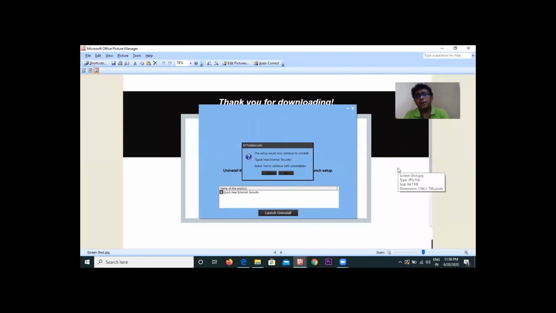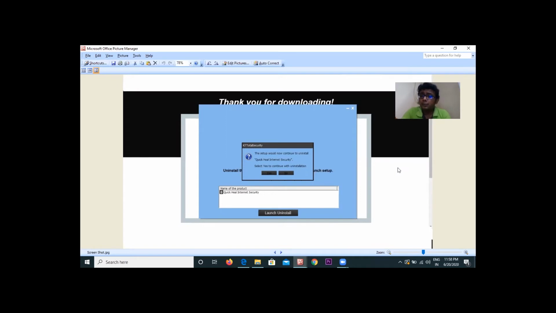So why is this pop-up notification appearing on the screen while installing it on that computer? The Quickhill may have been removed from the control panel, but it could not be removed from the registry. That's why the system is not allowing us to install any other antivirus on that computer at that moment.